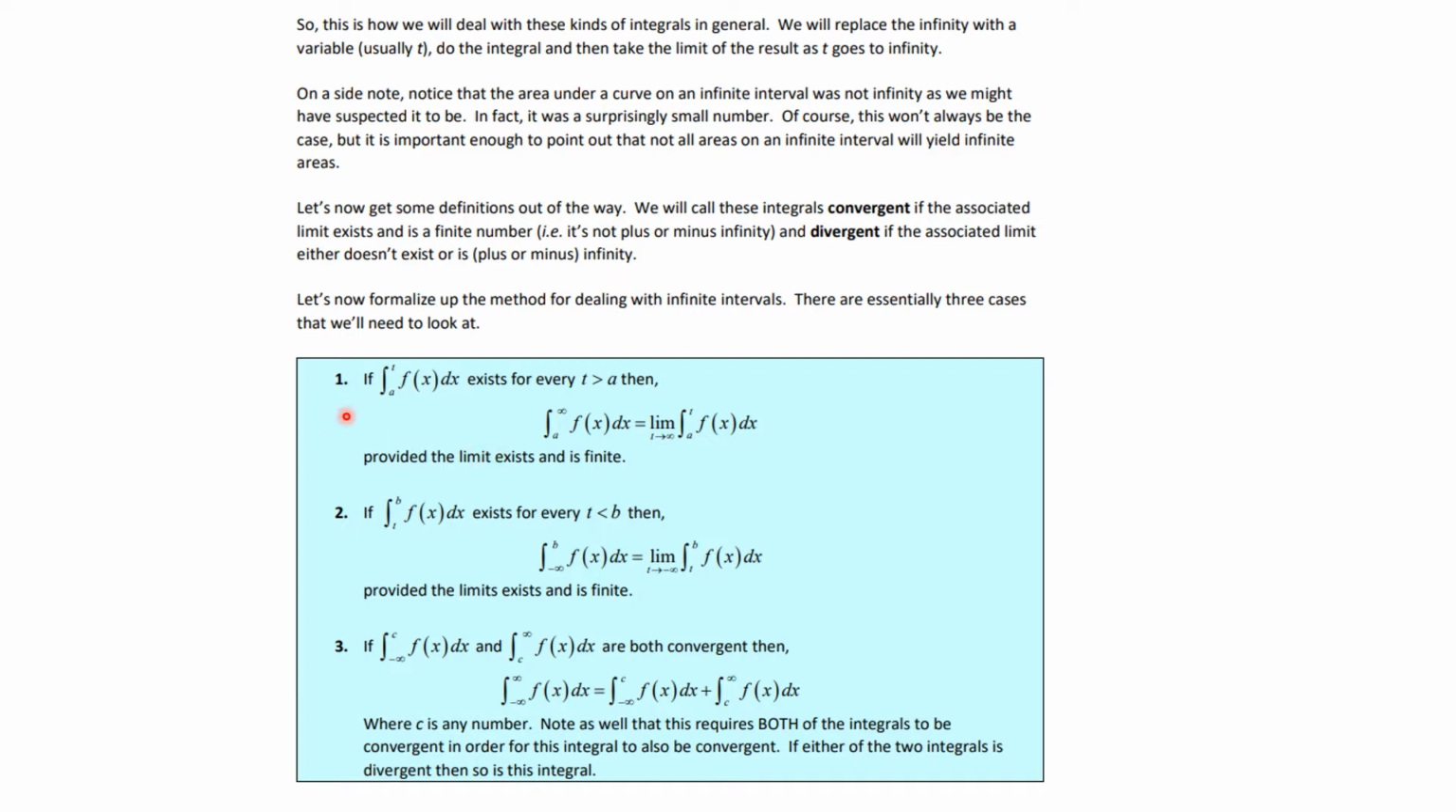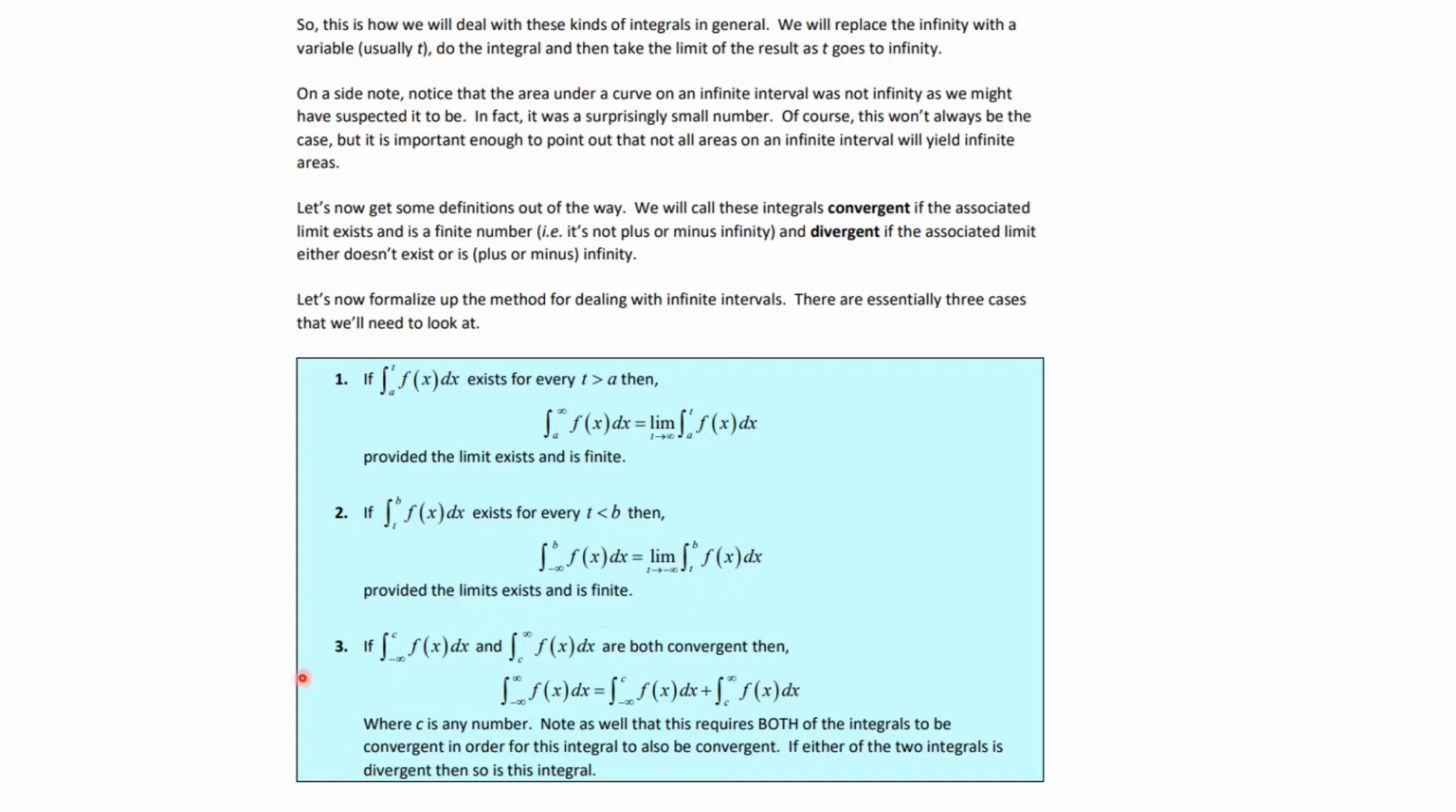Now, we can have different things though. The improper integral from a to infinity of f of x dx is equal to the limit as t tends to infinity of the integral from a to t of f of x dx, provided the limit exists and is finite. That's when we had infinity on the top. If we have infinity on the bottom, the improper integral from minus infinity to b of f of x dx is the limit as t tends to minus infinity, where t is the limit on the bottom, provided the limit exists